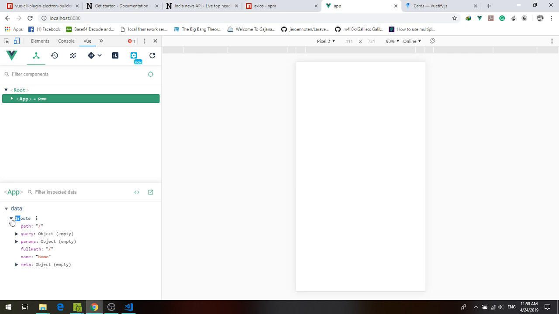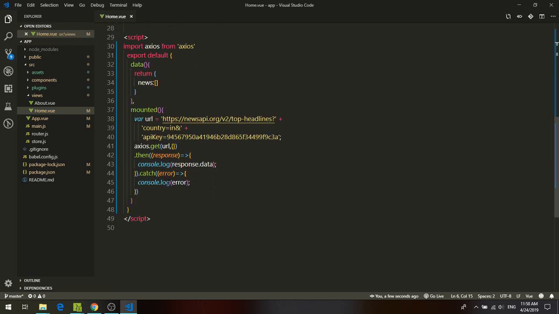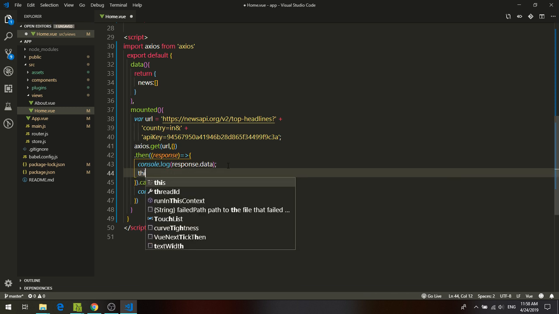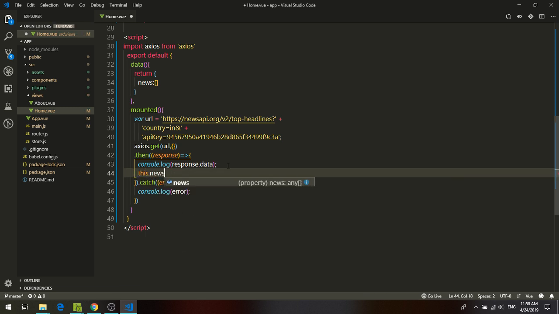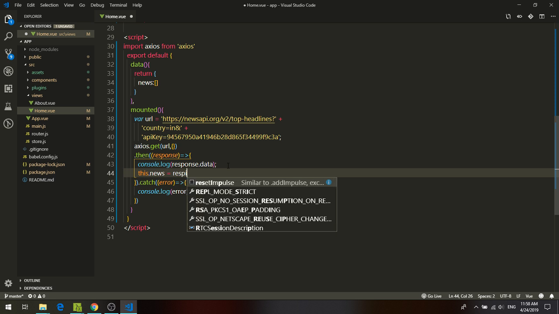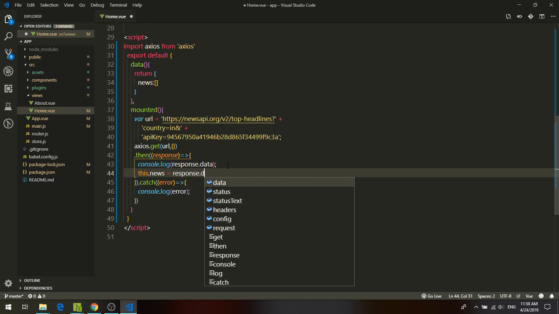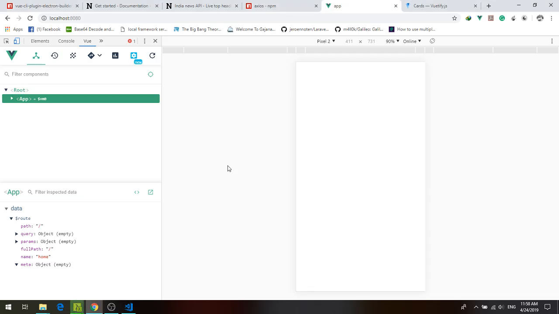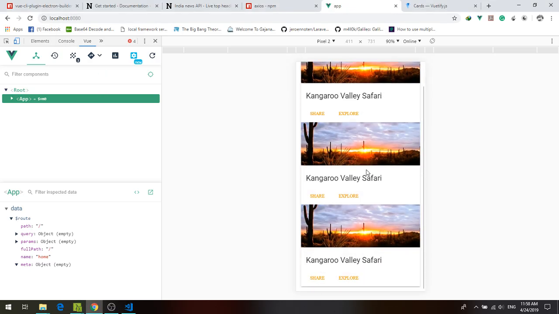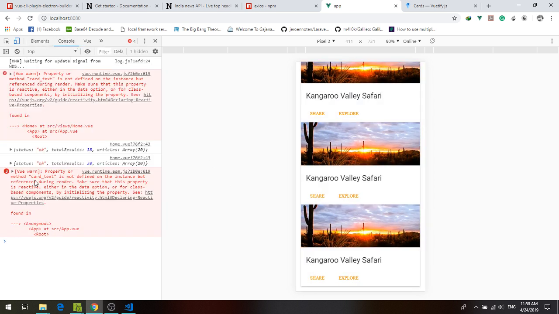Data. Okay, sorry, I forgot to do this.news equal to response.data. I have to do that here. Okay, so here you can see we are getting news here, and